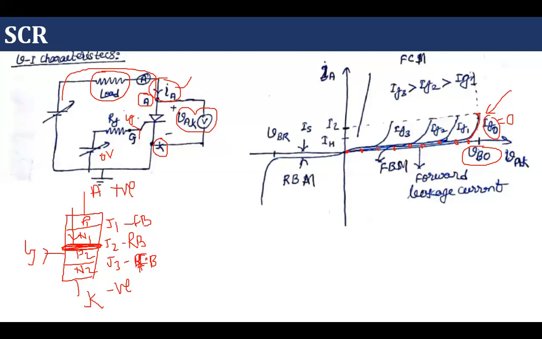Now suppose we are changing this voltage at the place of 0 volt. I am giving 5 volt to it. So there will be some current, gate current. Let us consider that gate current is IG1. So what will happen if I am changing this voltage from 0 to a certain voltage, suppose 200 volt? Initially only leakage current will flow, and suddenly this current will increase, and the moment it reaches this parameter, which is known as IL, the latching current, it will go into the conduction mode.